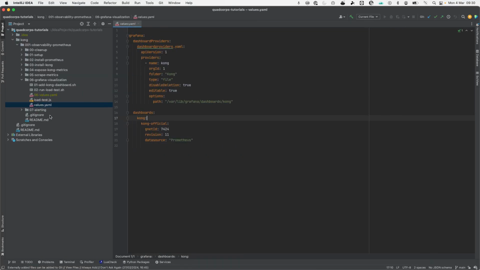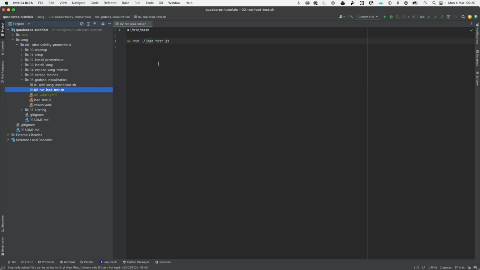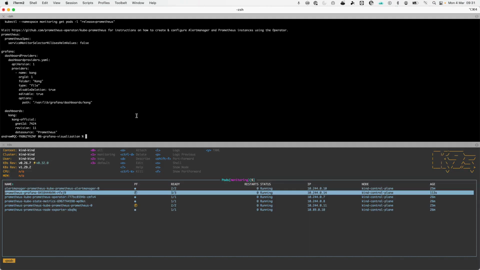What we're now going to do is run a load test. So I've written a simple load test with K6. So here's my load test. It is effectively going to run for 2 minutes, and it's going to increase to 20 users. It's then going to run that for 5 minutes at a static rate. And then effectively it's going to ramp down to 0 users for the next 10 minutes. So I've got a nice helper script which runs that for us. So let's start running that. We'll then jump into that dashboard and start seeing some metrics coming through. So if I run that,